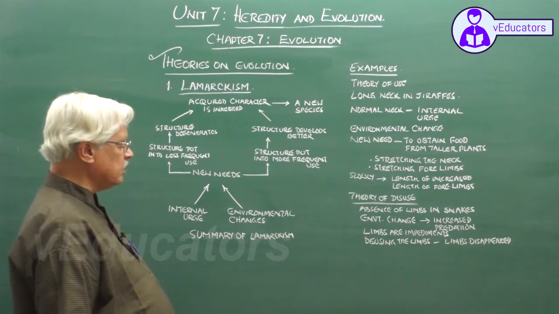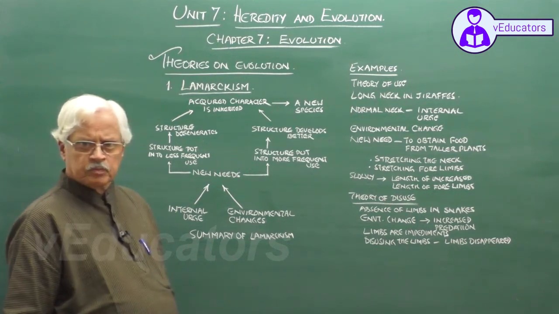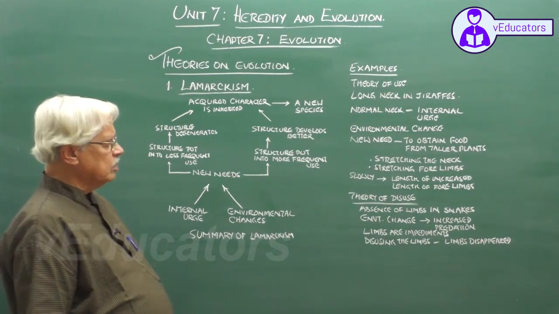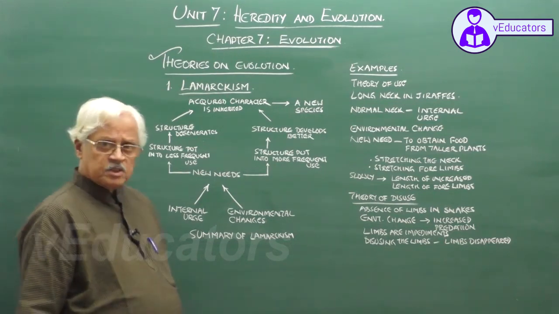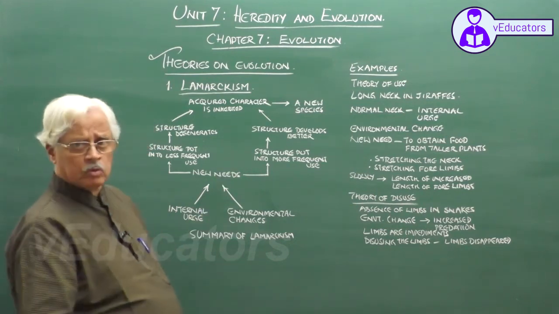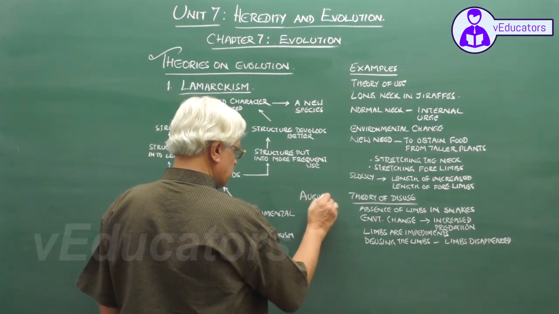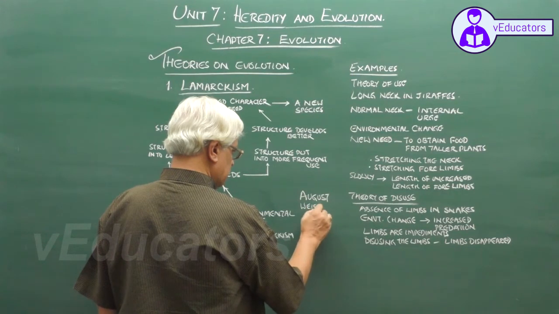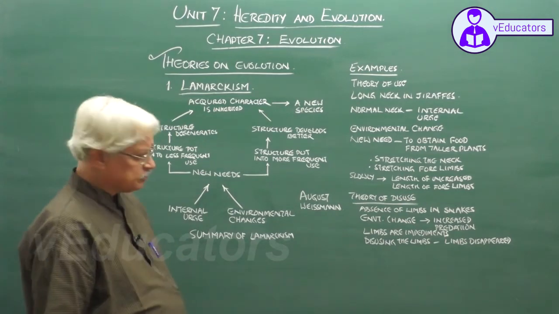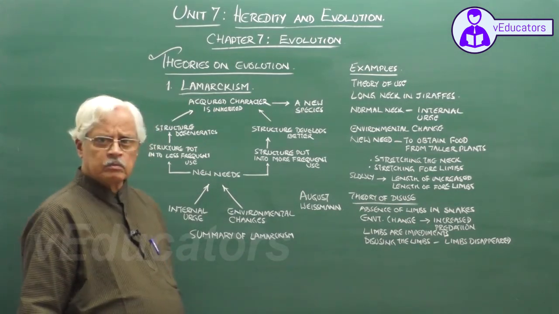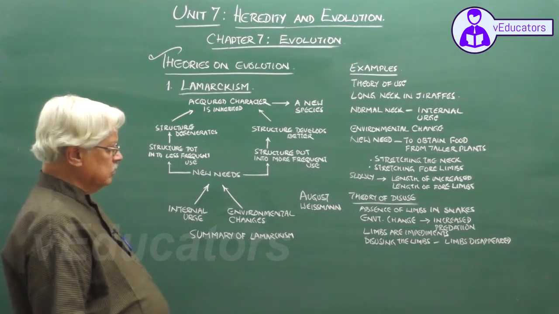However, we must remember that this idea of use and disuse does not hold good in all examples. Moreover, experimental evidence also goes against Lamarckism. A biologist by name August Weismann conducted an experiment wherein he cut off the tail of rats,